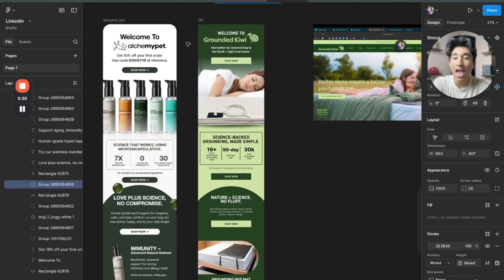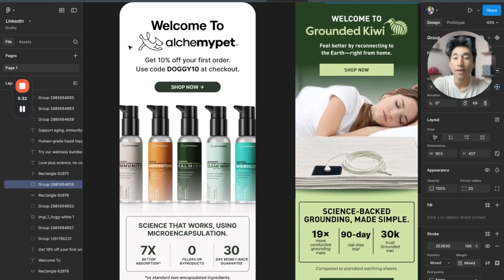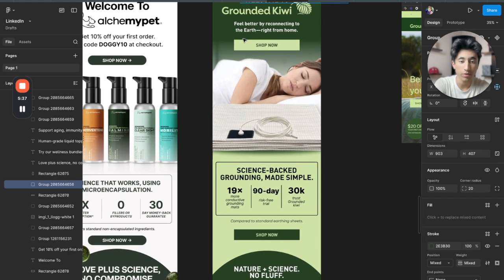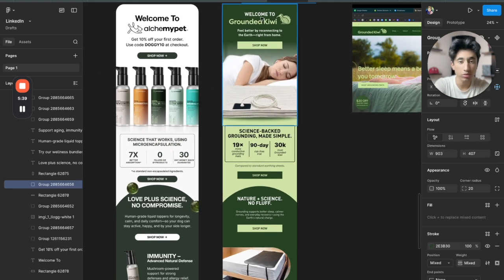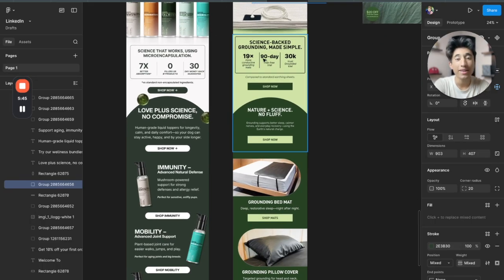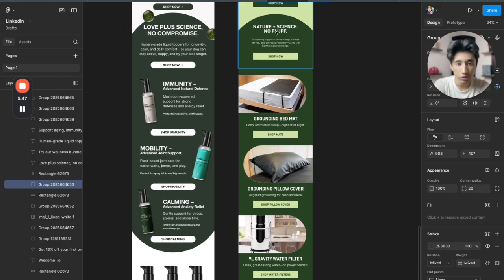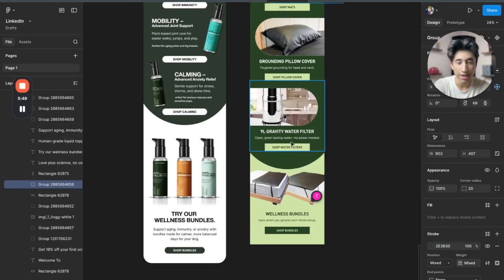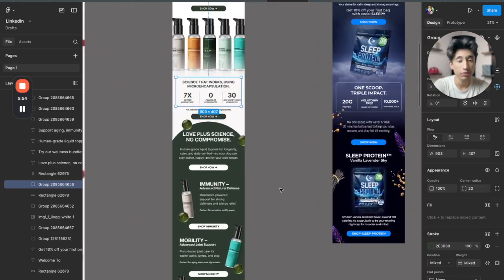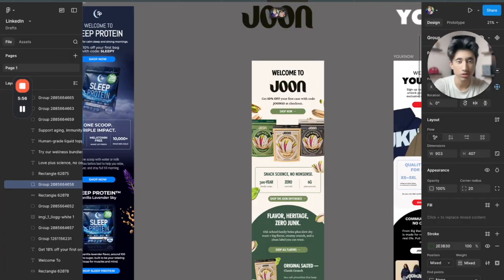But the point is, have your designer follow the structure, because when they make your own brand's welcome email, it's going to look very similar. Welcome to, logo, subheadline, CTA, image at the very top, and then again unique selling points, intro to the brand, and then different products that they have, and then a nice little CTA to end it off. You're gonna notice that this is very repeatable. We've done this for many, many brands. This one for Sleep Protein, June,